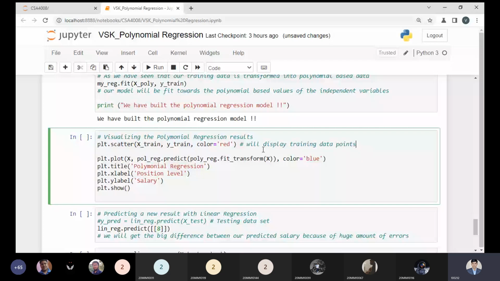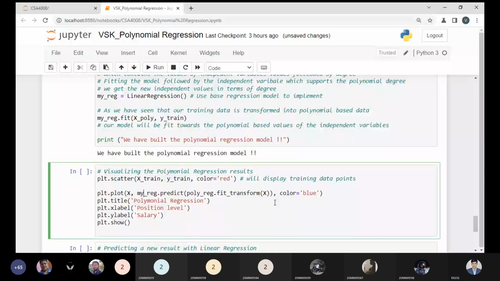And now with the help of this my regression, I'm predicting all the data points. So my line will be displayed towards the data points. Okay, so I can pass the extend.